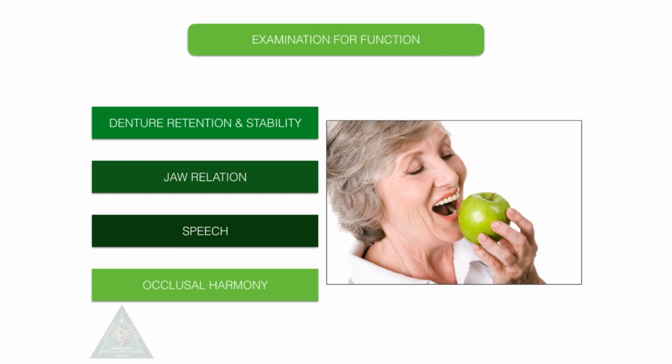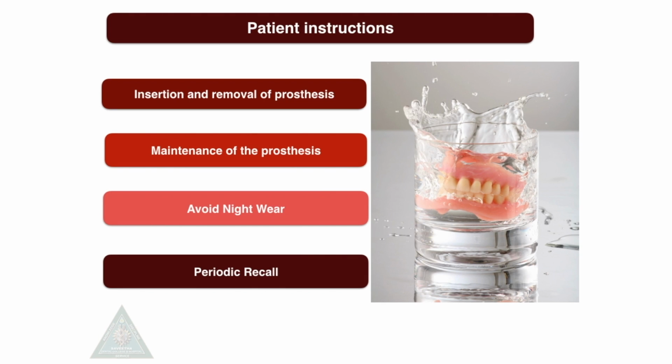Denture retention is assessed by the verification of the anterior and the posterior seal. Decreased retention may be due to lack of seal or air beneath the impression surface or xerostomia and any neuromuscular controls, which can be treated by either relining or rebasing the denture or advising denture adhesives to improve the retention for the patients. Evaluation of speech includes assessing the ability of the patients to produce the bilabial sounds, dental-velar sounds, and velar sounds. And occlusal harmony can be assessed either by using an intraocclusal record or by using an articulating paper.